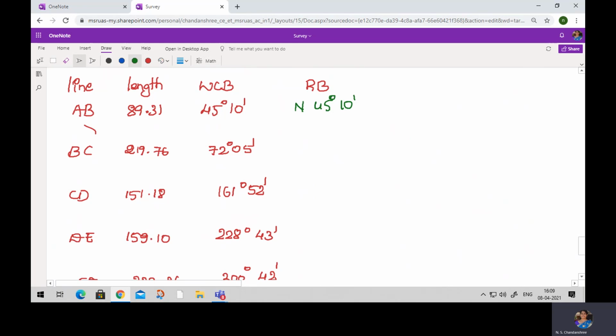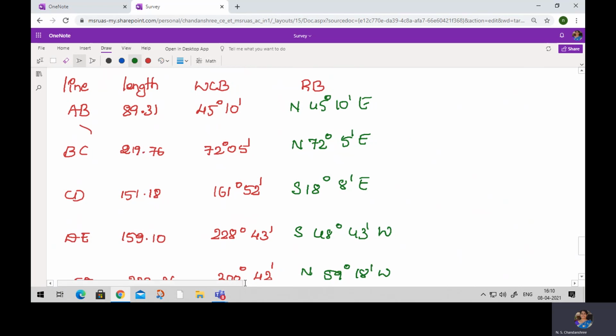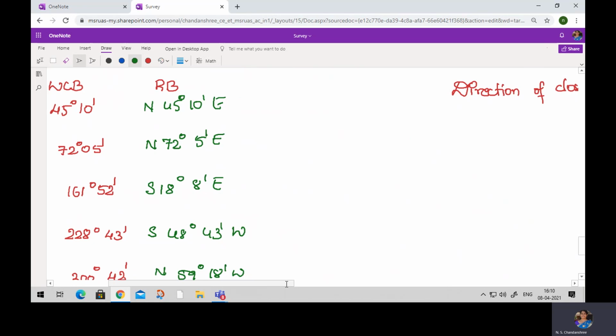Next here it is north 72 degrees 5 minutes east. Next here it is south 18 degrees 8 minutes east. Next is south 48 degrees 43 minutes west. Then the last line is north 59 degrees 18 minutes west. So we have calculated the reduced bearing. After calculating the reduced bearing, the next step is